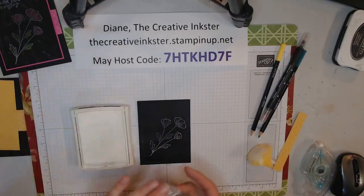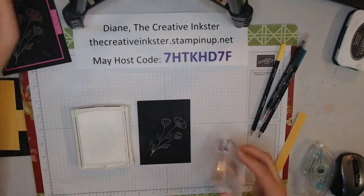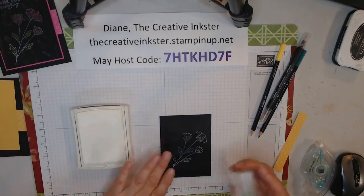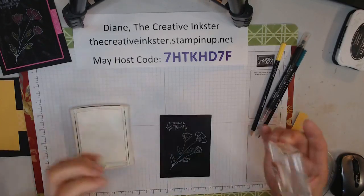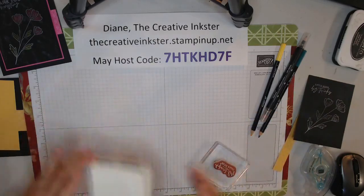And if you're wondering, you want to put that chalkboard white with the sponge, you want to do that before you start stamping on there. Okay, so we'll ink up the greeting, which is little card, big thanks. And stick it up here too in the white. There we go. So let's set that side to dry, and then I'm going to talk a little bit more